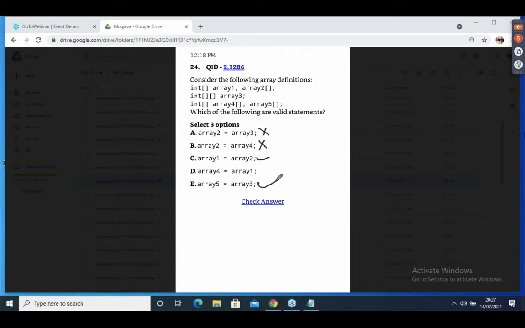But here AR4 equal to AR1 is wrong. These two are valid, this is wrong, because you are assigning a single-dimensional to a two-dimensional. Okay, I am not exactly sure, but these two are correct: single-dimensional to single-dimensional, two-dimensional to two-dimensional. But these two are wrong.